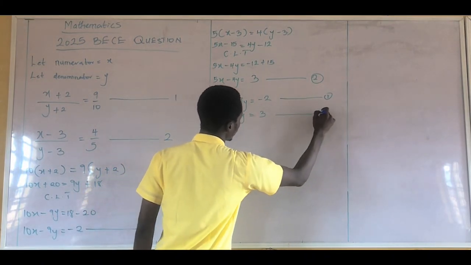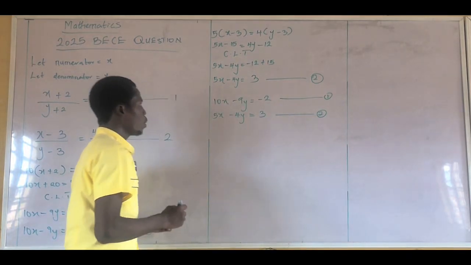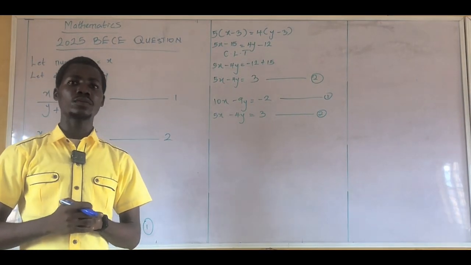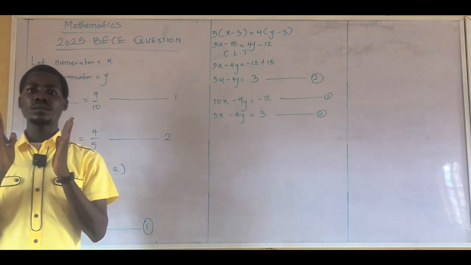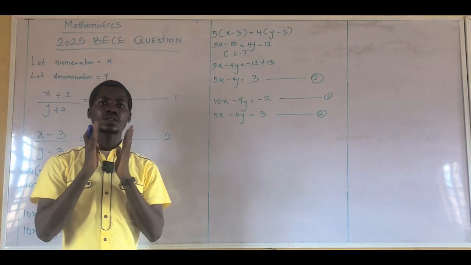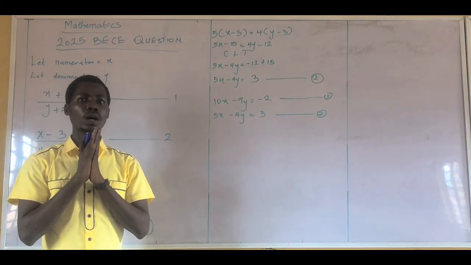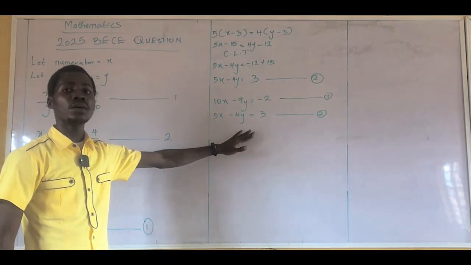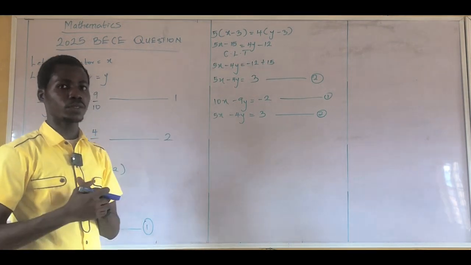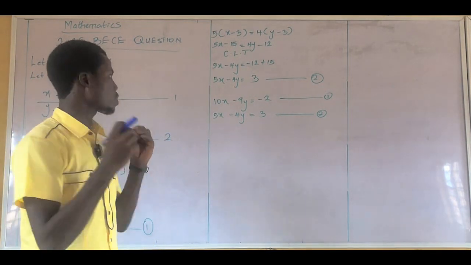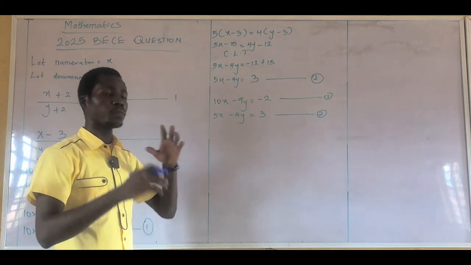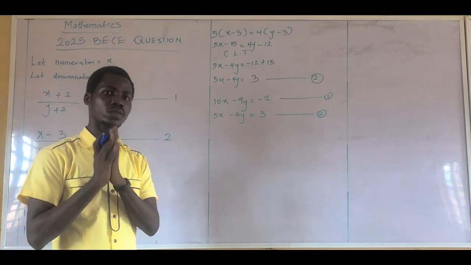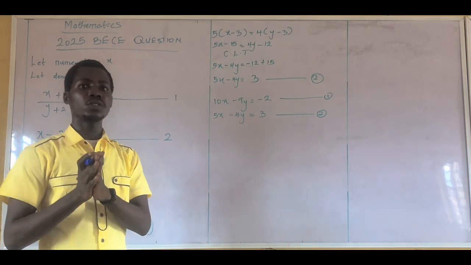3. Equation 2. So, there are about 3 methods to solving simultaneous equation. We have the elimination method, we have the substitution method, and we have the graphical method. But I would advise, in this case, you are to use your elimination method. It makes it very much easier for you. Don't use substitution method in this case. It prolongs the work. But whichever way, if you are okay with using substitution method, it's fine. But in this case, I'm going to be using